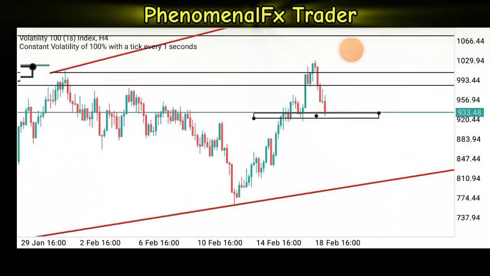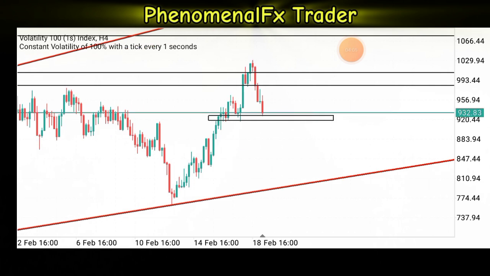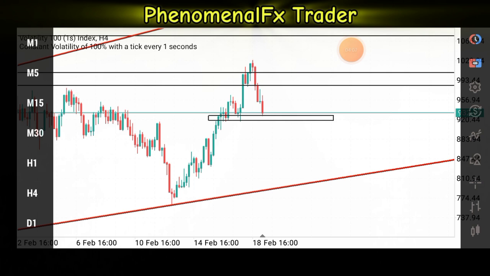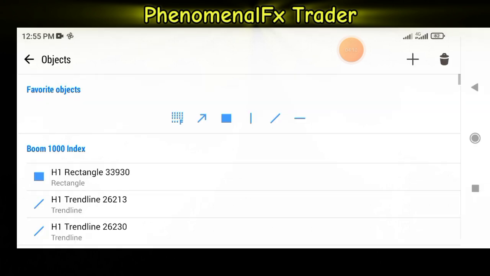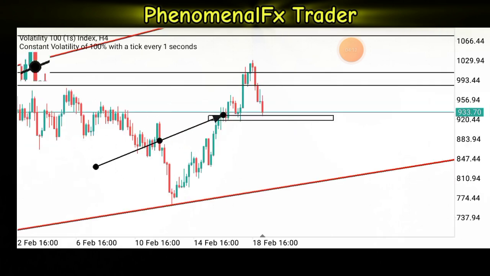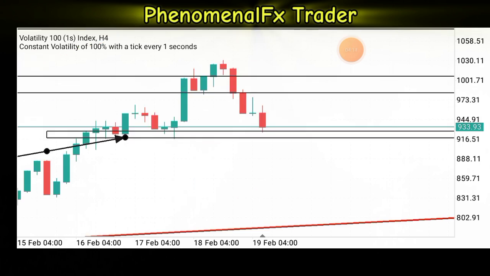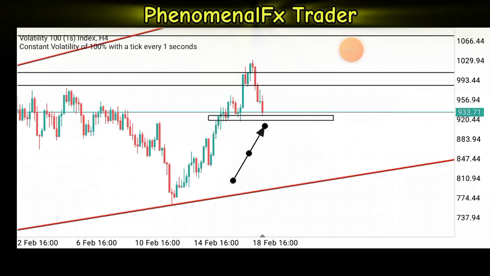You can see rejections here, and the market sold to that level, and then it's trying to reject too. So the market has not been able to break below this zone for a while. If I zoom in a bit, you can see the market has been rejecting this zone, sold back, then bought, so it is back at this zone. So there is a chance the market can decide to buy from this zone back to this zone